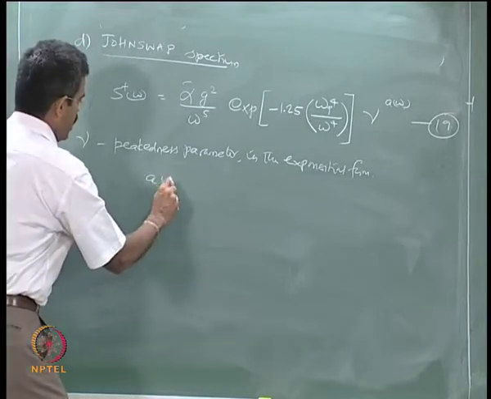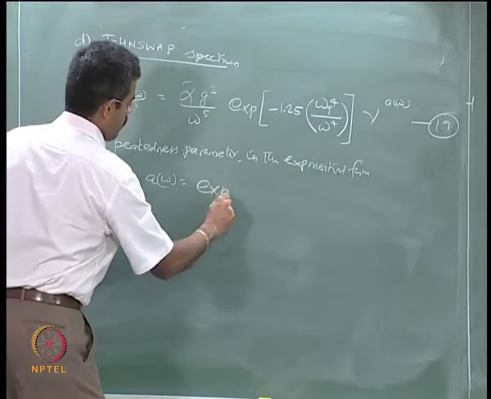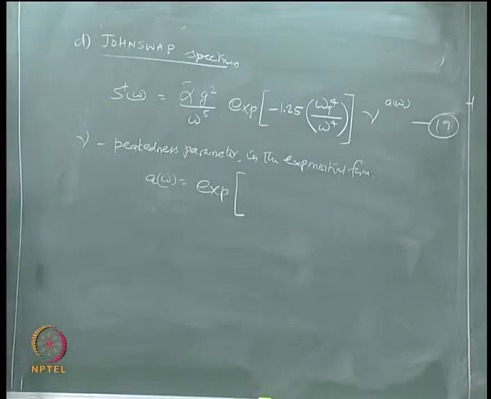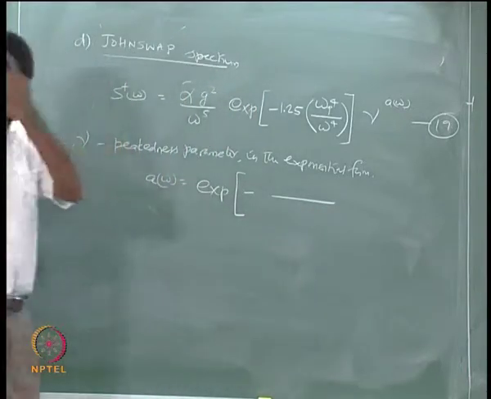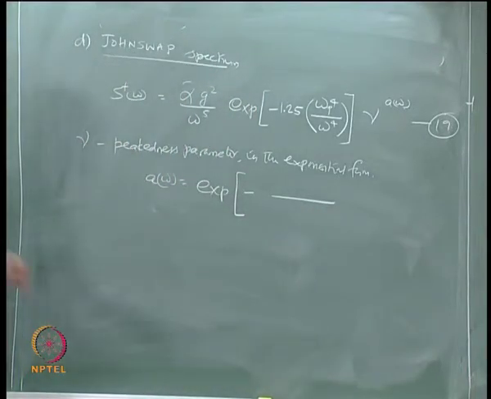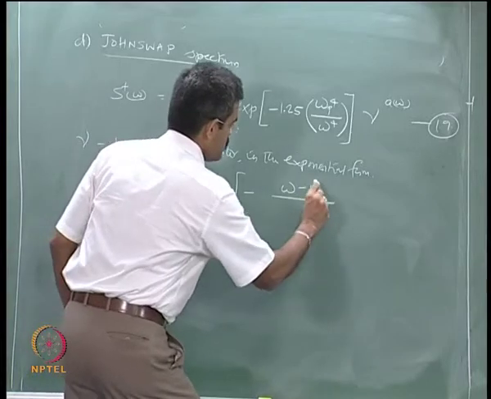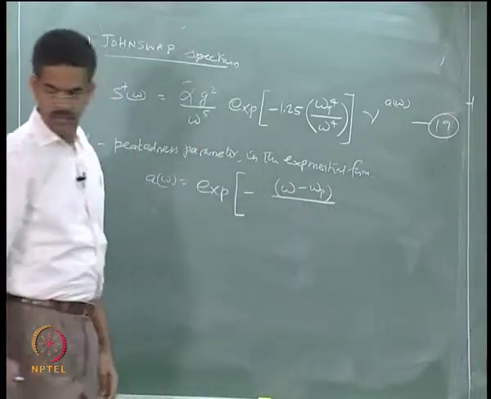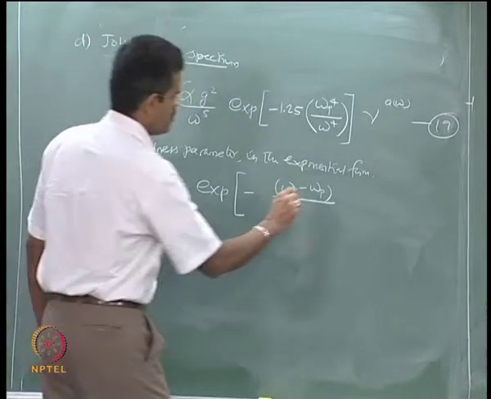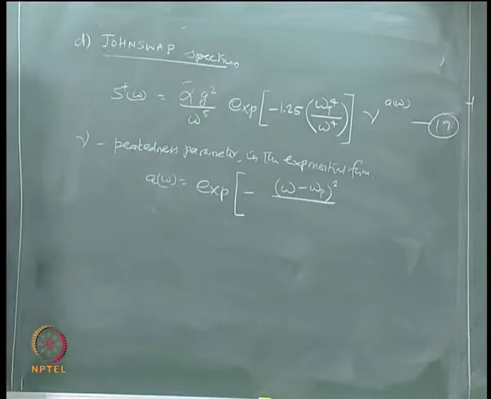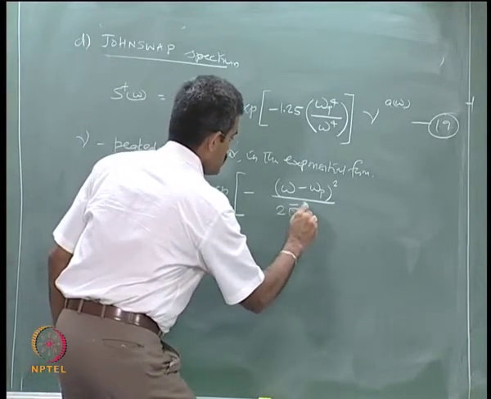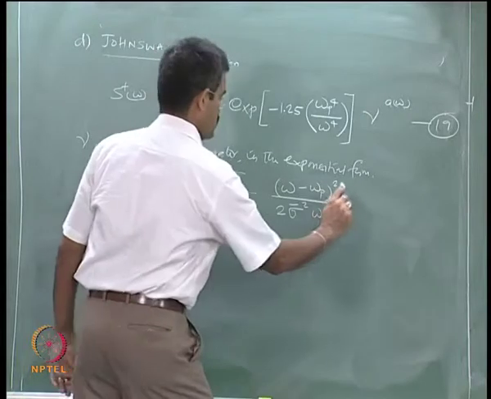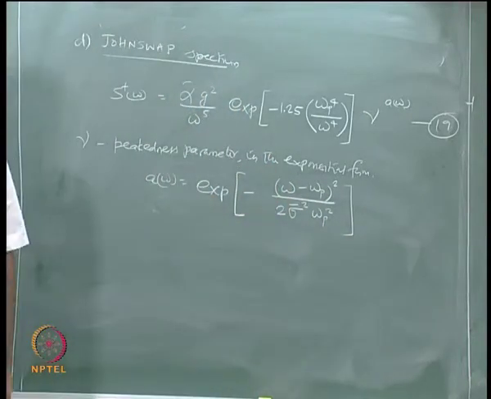So, this A omega is again in exponential form actually, okay, it is not simple. Equation 20,